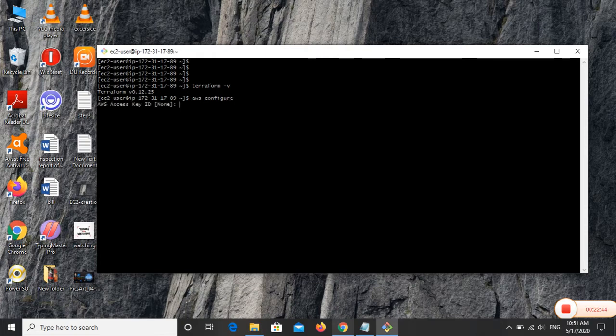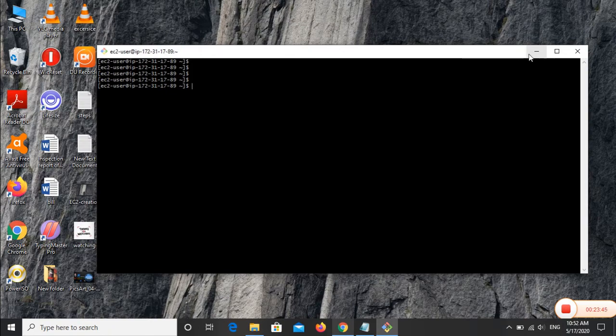Friends, you can see that it is asking for the AWS access keys and ID, which means that our AWS CLI is installed in our system. As we are using the AWS EC2 instance, which is created by AWS AMI, we already have the AWS CLI. So we are good to go here. What we need to do is configure the AWS CLI. The AWS CLI is already installed, so the configuration is pending. So we will configure the AWS CLI now.